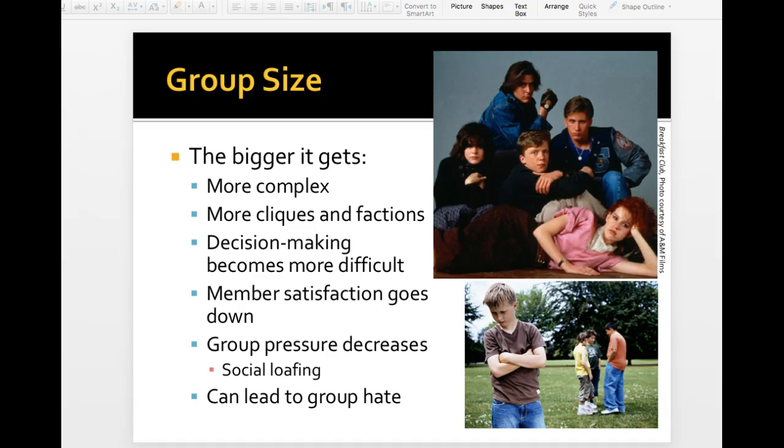There's often dissatisfaction from being part of such a big student body. There are definitely students who don't participate or do anything and maybe even hate the group that they're a part of. So it's a great example of how it's getting too big when these things start to occur. When I come back, we're going to do an activity that will show you the impact of group size, but we'll wait to do that till I get back.